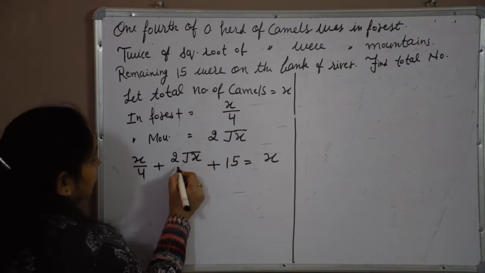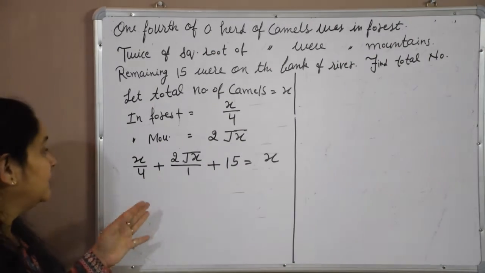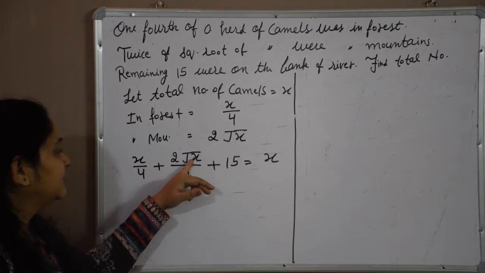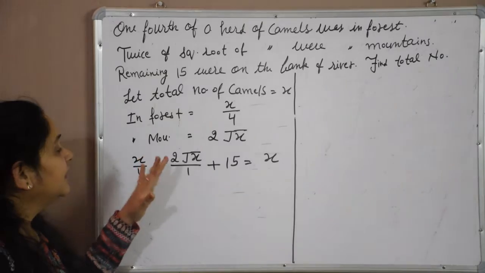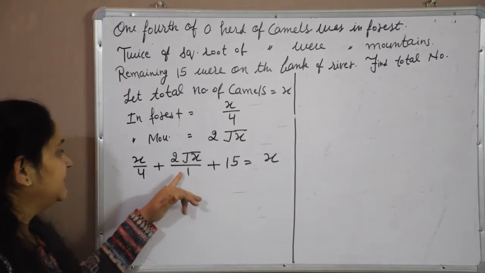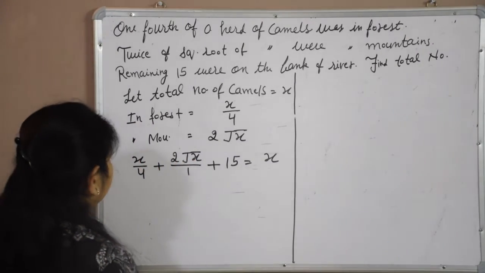Now it is not looking like a quadratic equation. We have to solve it, and here one extra thing is that we are getting our equation in root x. Till now we have not solved this type of question where the equation is in the form of under root. Here it is a new category, and how can we solve it?